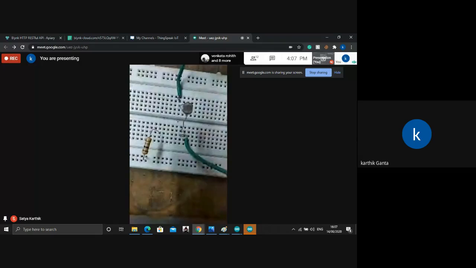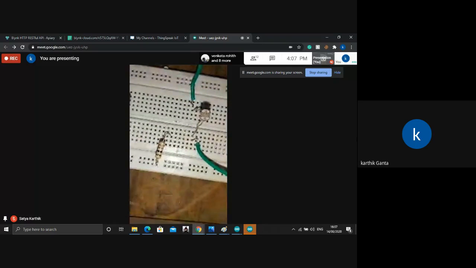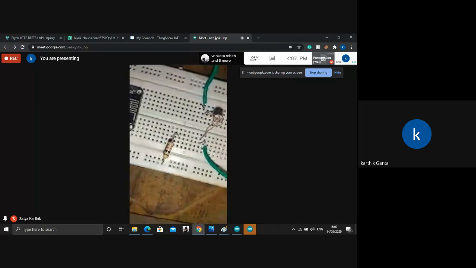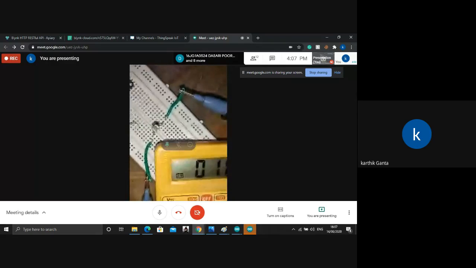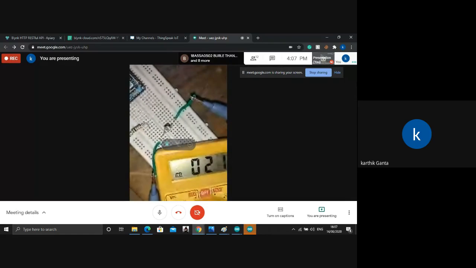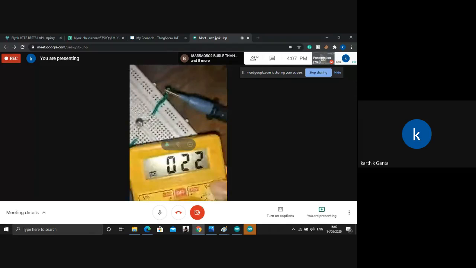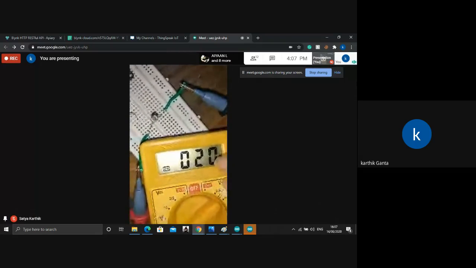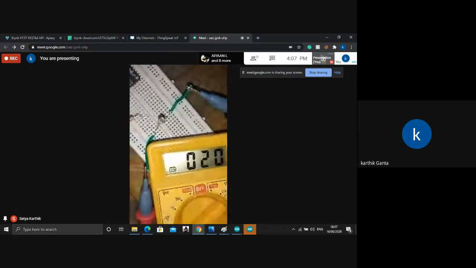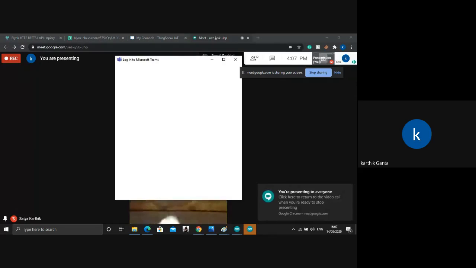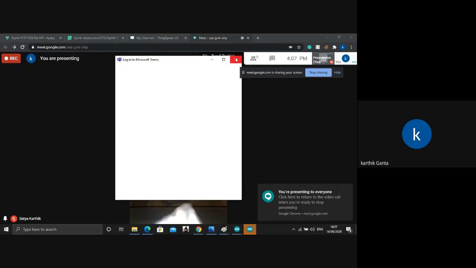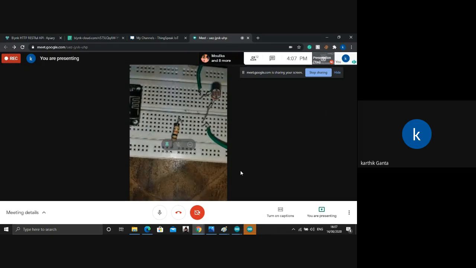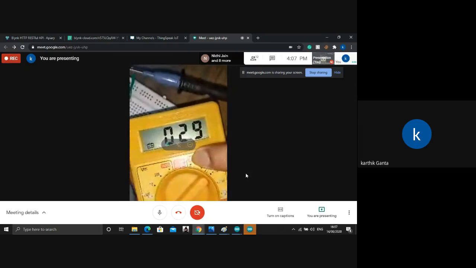When I switch on the flash, you can see the resistance now falls to around 2.1. You can't see the dot here, but it is 2.0. So as the light intensity changes, the resistance here changes.